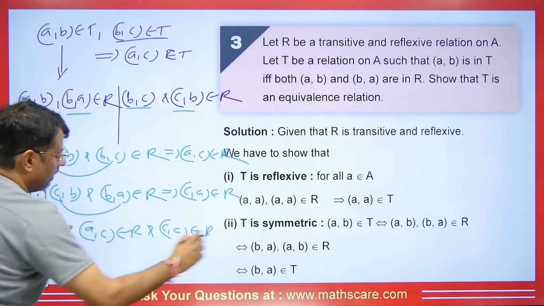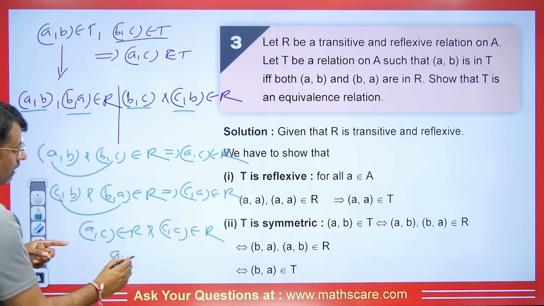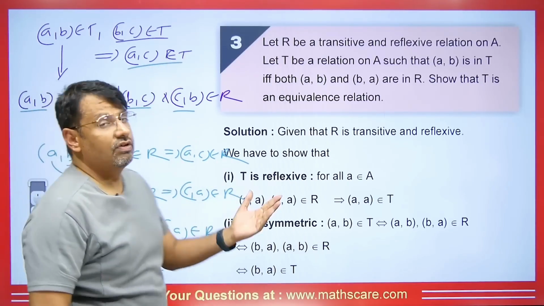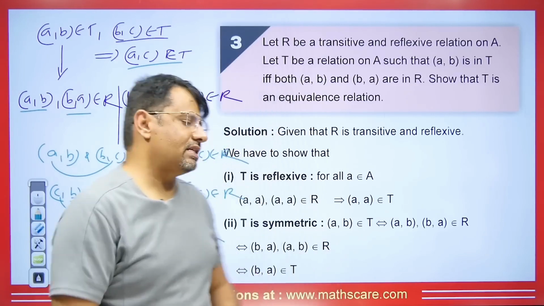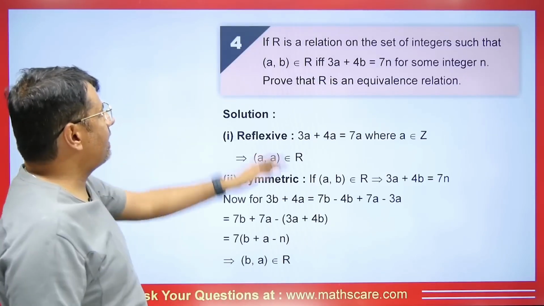If that happens, then in that case, what will happen here? If it happens, then AC that we have, it will go to T, right? If AC goes to T, then this will be easily proved as transitive here. Like this, we can easily prove this here, right, students? So look at the next question.